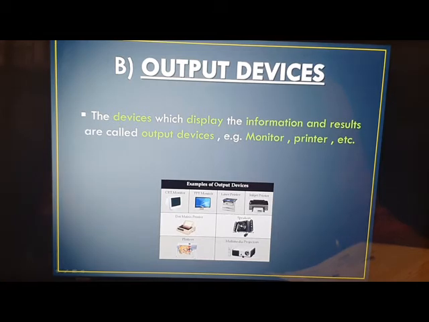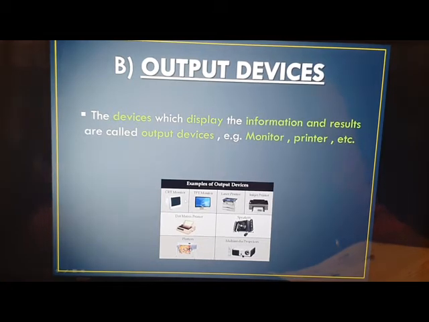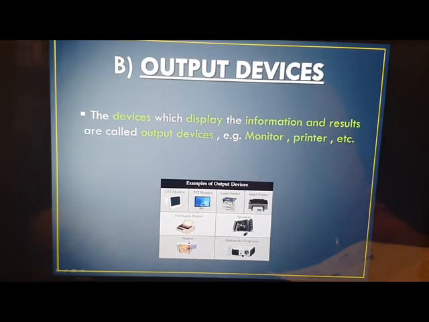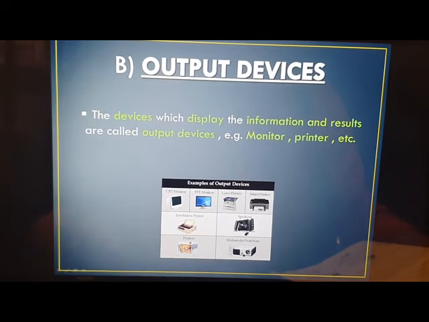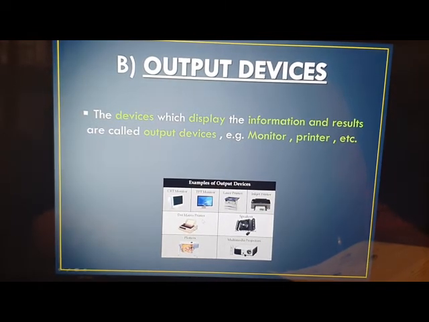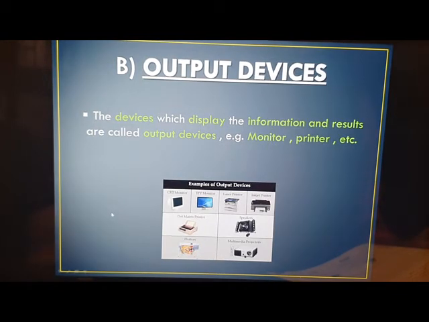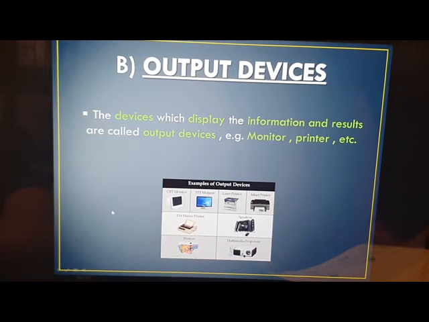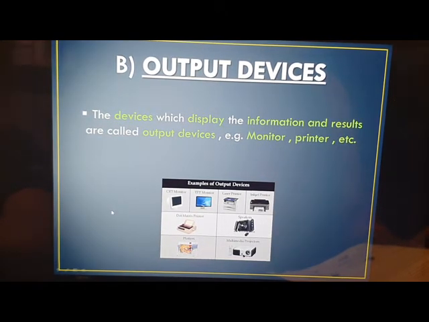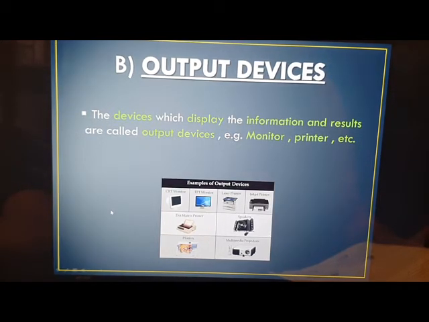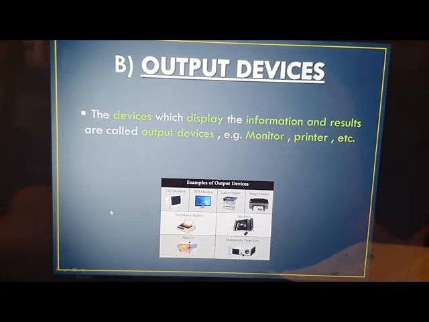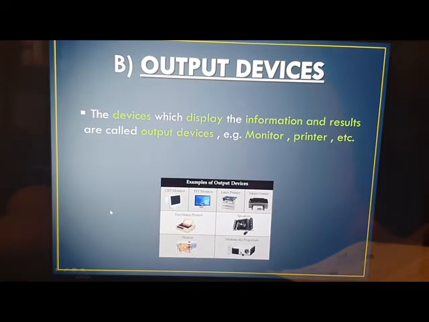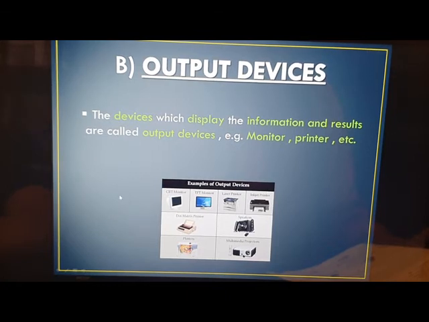We can see in the picture many output devices are there: monitor, different types of monitors, printer, speakers. Okay, these all are the output devices. Monitor looks like a TV screen. Whatever you type on the keyboard can be seen on the monitor. Printer, what does a printer do? It prints the output that you see on the computer screen on paper. Speakers are used to hear music. So these are the output devices.